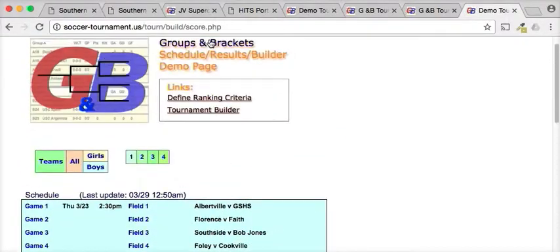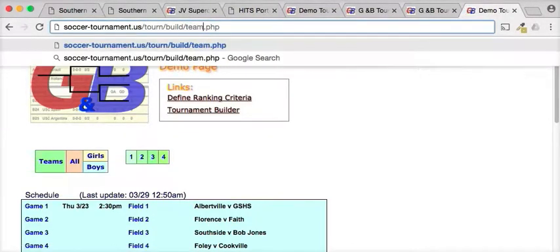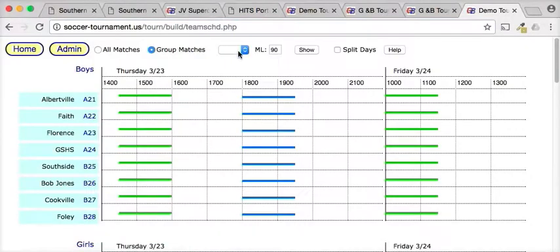And there's a feature that is very useful for checking things. This shows the tournament from a variety of different viewpoints. The first section here shows all of each team's games, and it shows that they're all evenly spaced with even gaps between them. This is the next Friday. You can look at just group matches or